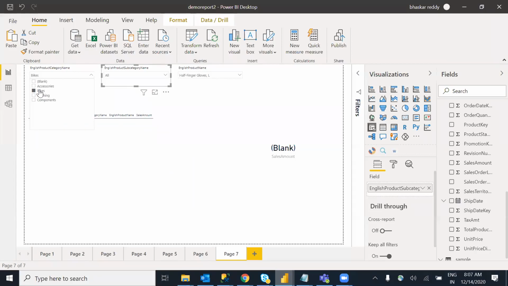The product category is bike, but the product you have selected is clothing. Is there any relation between these products? Data is not filtering in a reverse direction. If I select something in a child table, the parent also has to be filtered, but it's not filtering over here. Now you can see all the products it is showing, all the bikes, caps, everything.